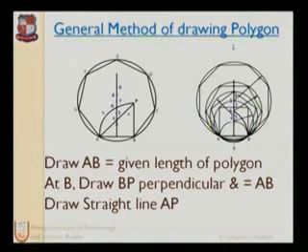Now from 4, draw an arc from B with a distance equal to BP, which intersects the bisector line at a point, number 6, as we can see. So with point 4 and point 6, we can get the midpoint as point 5 to draw the polygon.